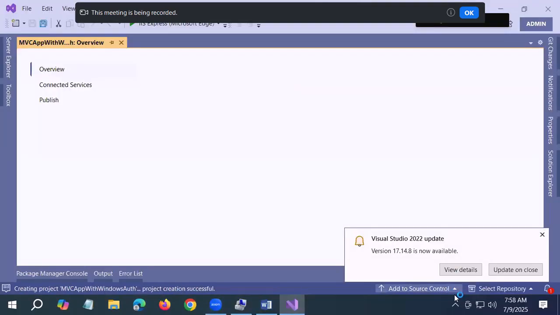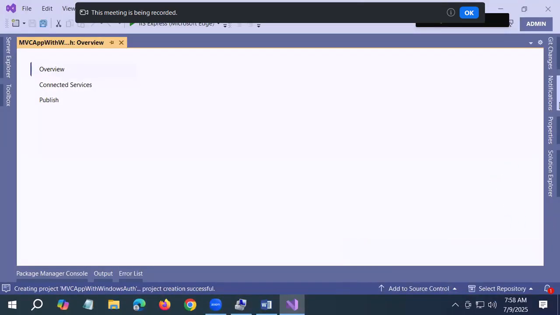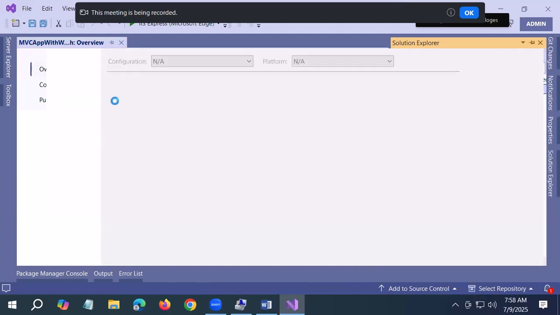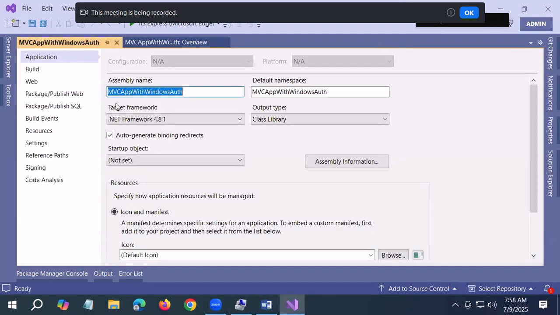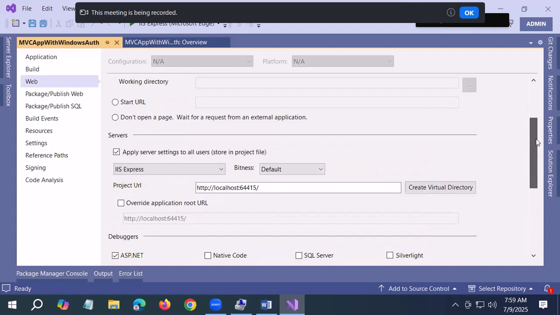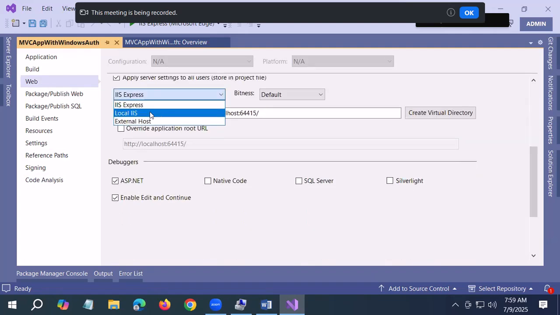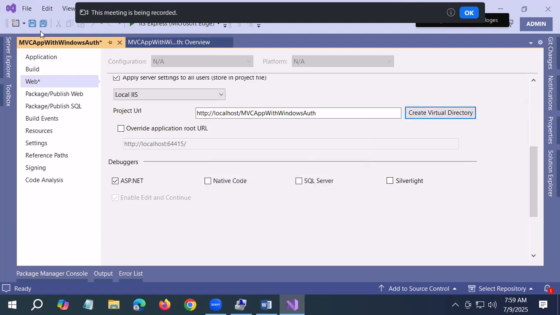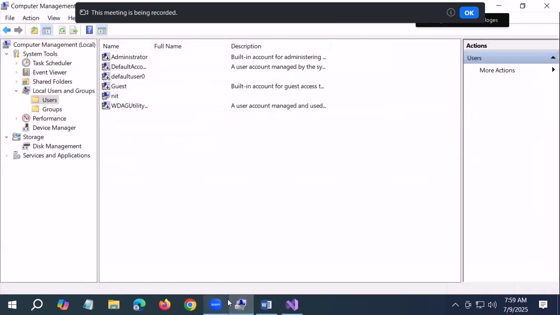Once the project is created, host it on IIS. Properties, web, local IIS, create virtual directory, save. Okay, now go to, come here, sorry, go to